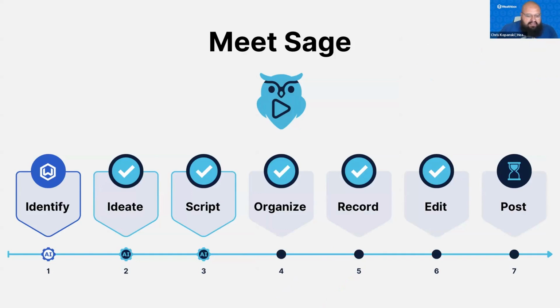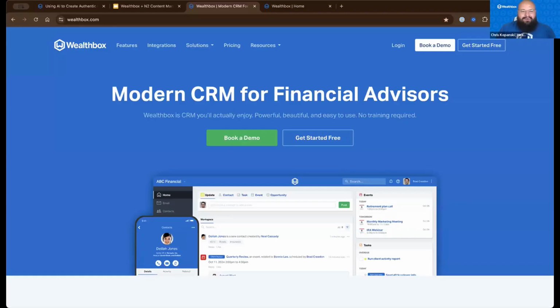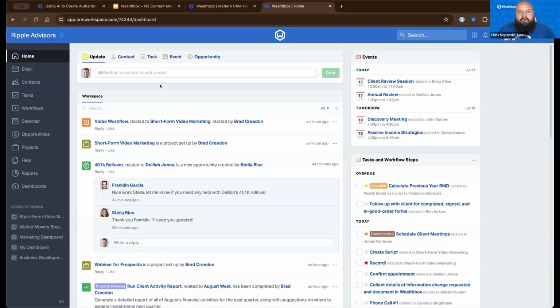So a couple of things that I had mentioned when I was throwing my hat in the ring a little bit here throughout this conversation. It applies to a couple different areas of Wealthbox, and I wanted to actually share it so that everyone can visualize it a little bit better. Again, for anyone not familiar with Wealthbox, it is a modern CRM for financial advisors. You could go to wealthbox.com to book a demo and really learn more about it. But the general idea is you log into Wealthbox, you're taken to your homepage.